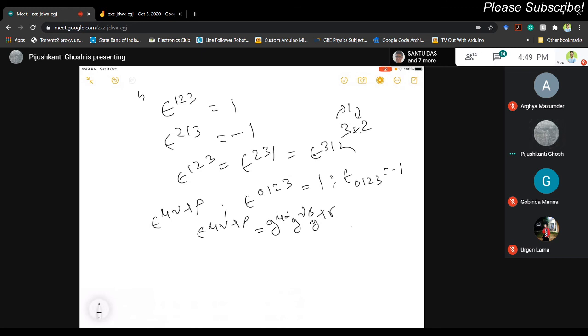দেখো, এখানে তুমি কোভেরিয়েন্ট এন্ড কন্ট্রাভেরিয়েন্ট, এখানে একটু কমপ্লিকেটেড। এখন 4টে ইন্ডেক্স আছে, সেইটা তোমাকে লিখতে হবে এরকম ভাবে: এপসাইলন মিউ নিউ ল্যামডা রো সমান জি মিউ আলফা ইন্টু জি নিউ বিটা ইন্টু জি ল্যামডা গামা ইন্টু জি রো ডেল্টা।